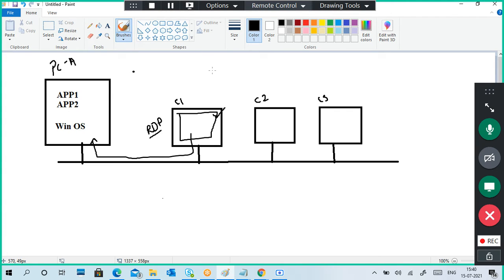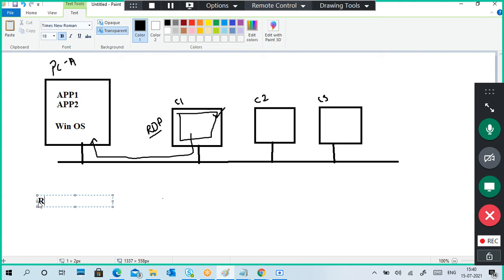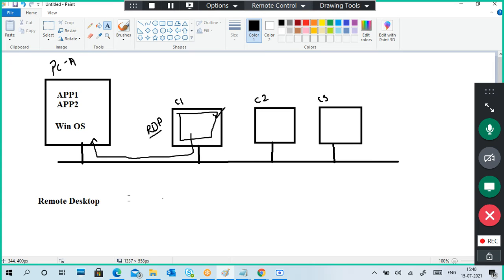Practically, if you want, I can turn on my two virtual machines and access them. But now I don't want to do it. We can do it, but it will have to start again and take time. A lot of time is already completed. Guys, do you understand what a remote desktop is?